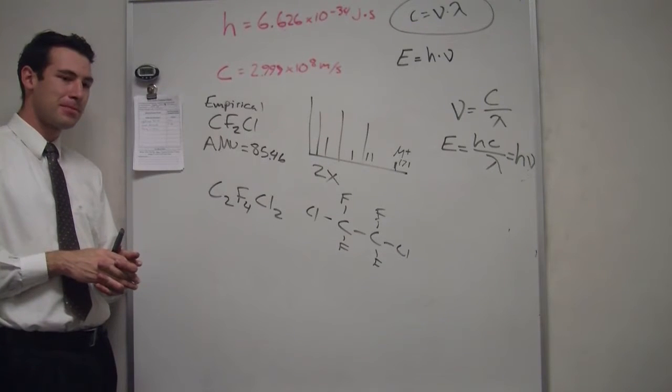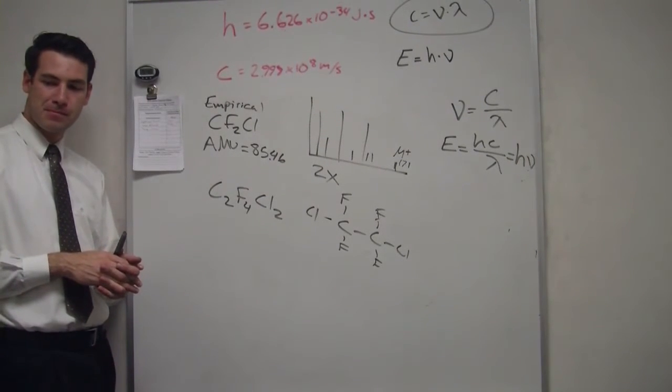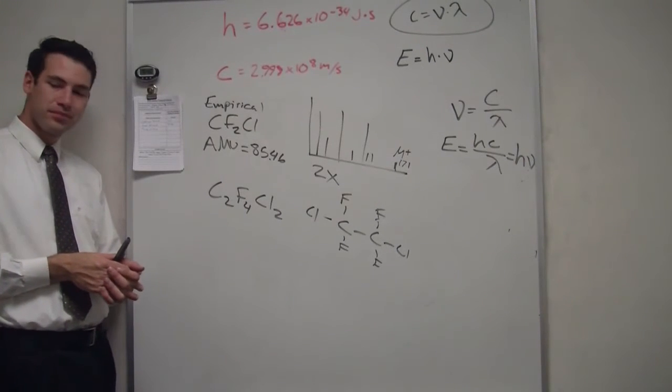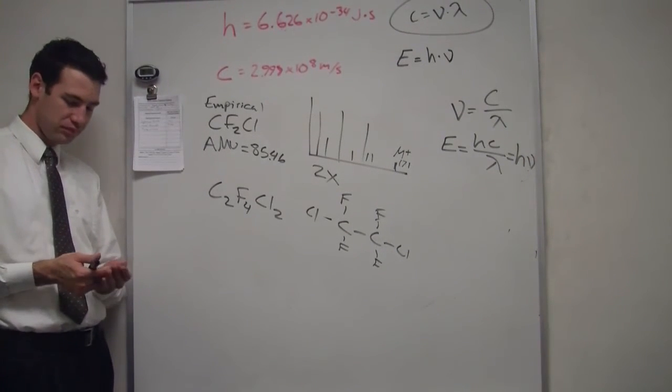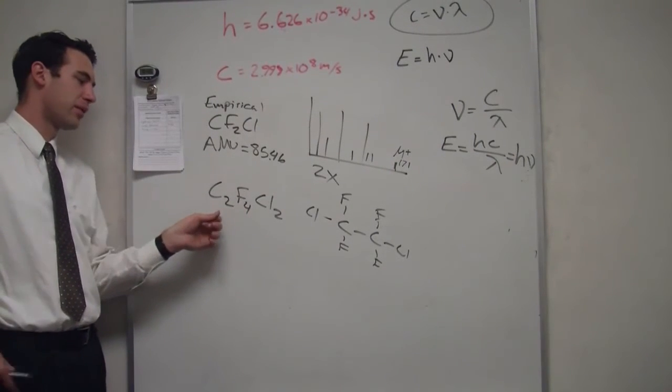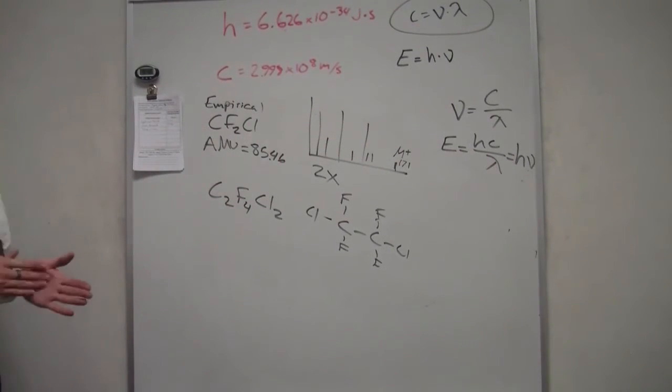Okay. The empirical one is the lowest whole number ratio. So it would just be like 1, 2, 1. So this right here is not an empirical formula because we can actually reduce that. Okay, thanks. Sorry, I just had missed all of it because